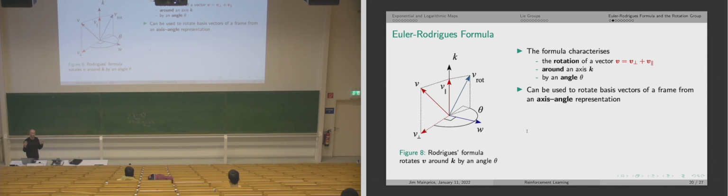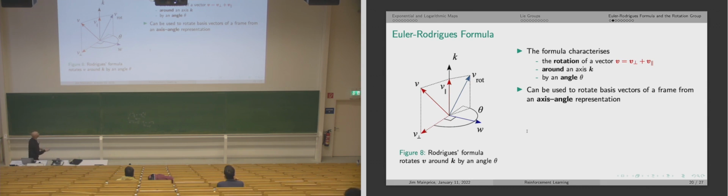So it expresses the fact that rotations in 3 dimensions have only 3 degrees of freedom, because orthogonal matrices have 9 numbers, but they only have 3 degrees of freedom that arise from the orthogonality